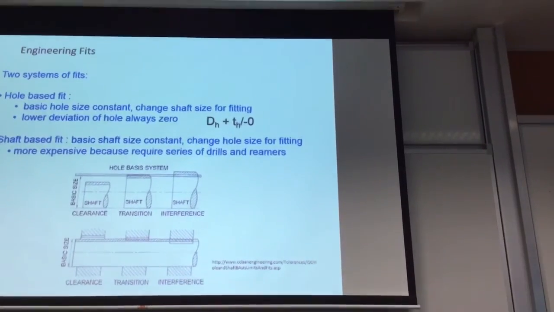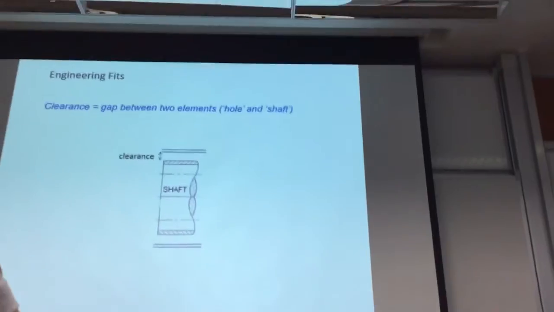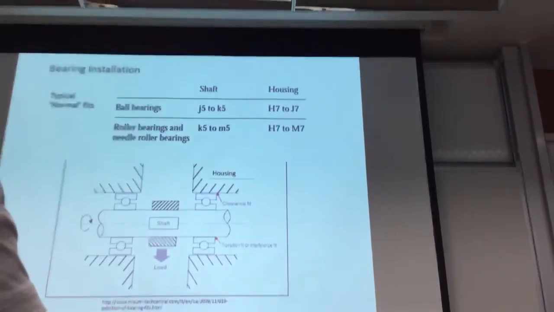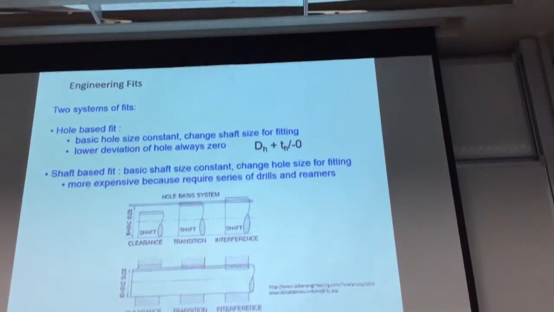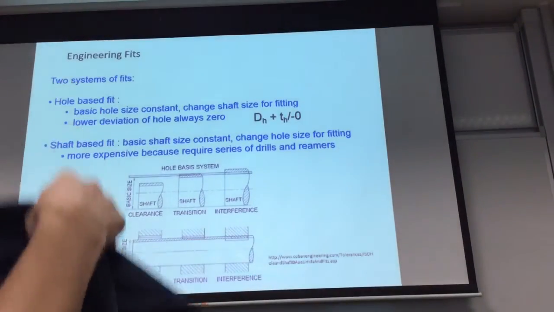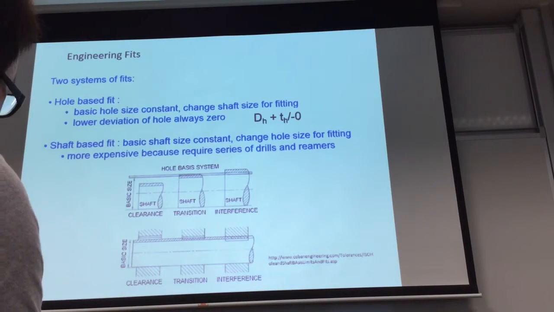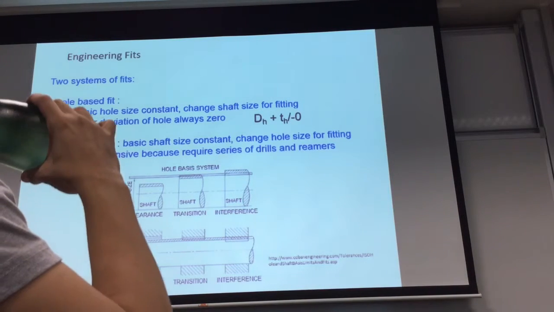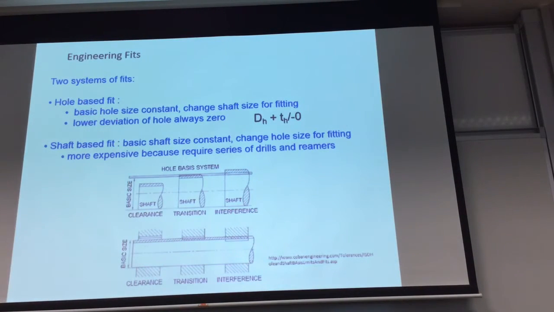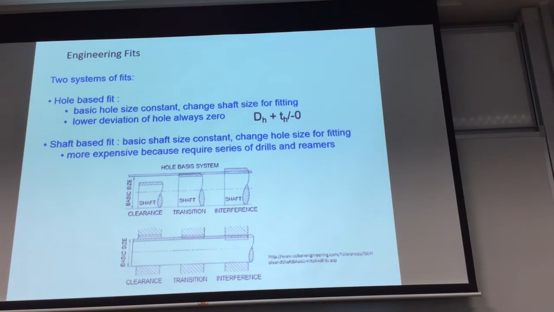There are also two systems of fits. One is called the hole-based fit. So if you look at something like this, if it's a capital H, then it's a hole-based fit. What does this mean? This means that the hole size is the one that determines all your other dimensions. Basically, what it means is that if that is the hole,